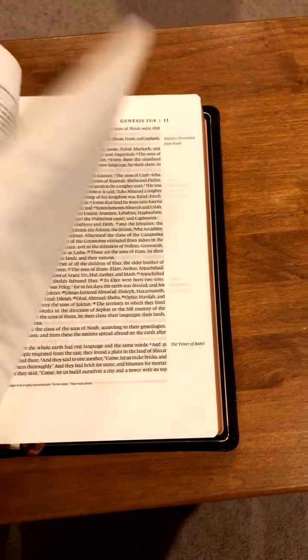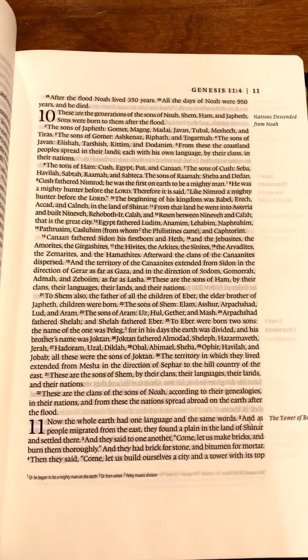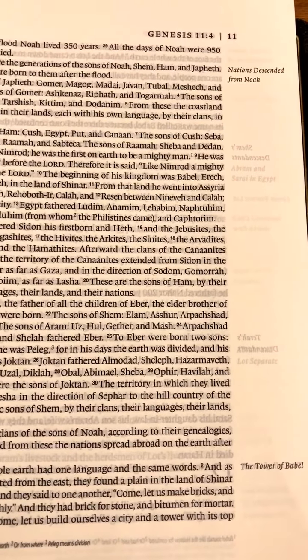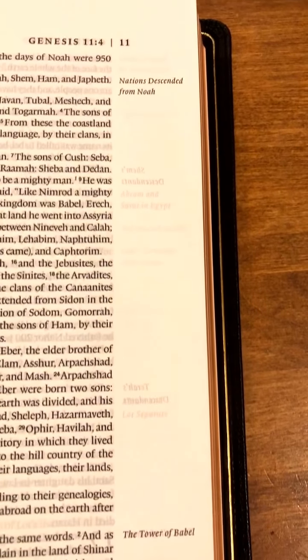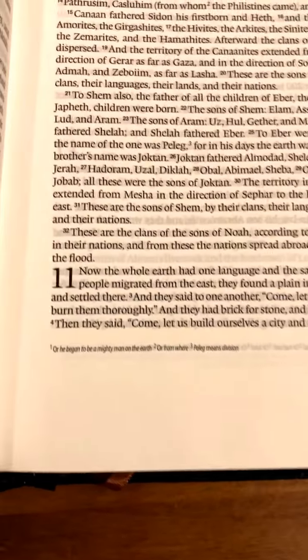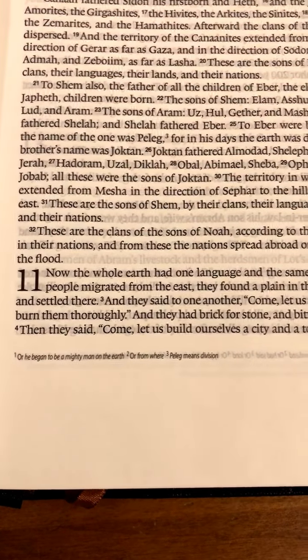And let's just open it up. Genesis chapter 10, and there you go. That is a single column. It's not verse by verse, and you'll notice it's also not inline, as some of the text from the other side of the page does come through. This is not a reference Bible, so you're not getting any sort of cross references or aids in that respect. They do have these margin notes to help you with where you are, and occasionally they'll throw something in the footnotes. Usually it's having to do with weights and measures, or maybe we're not really sure how to translate this word type of a thing. Other than that,